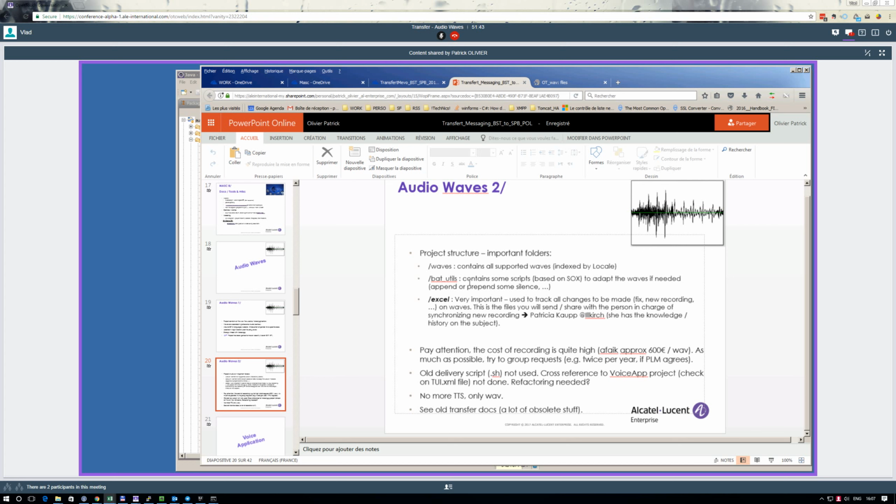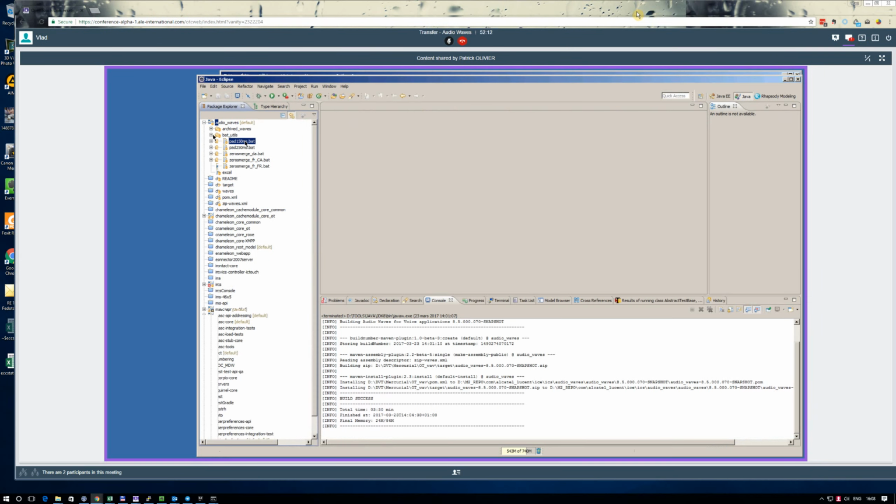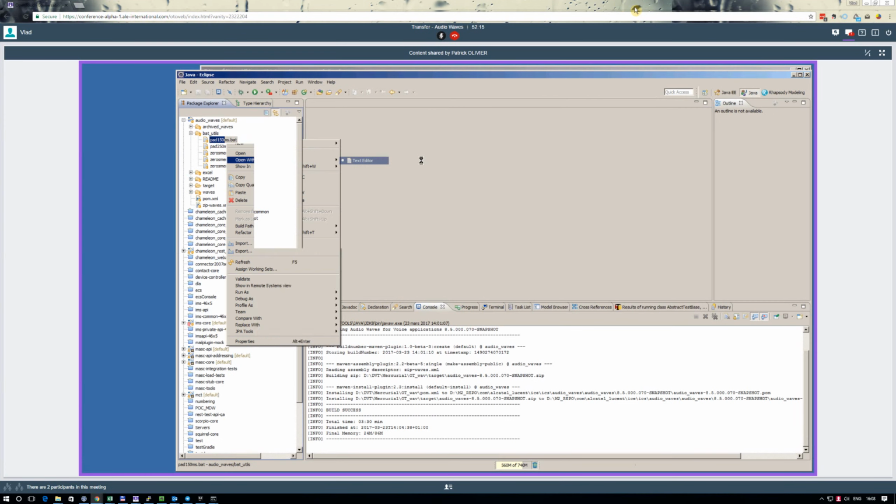There are some local-specific batches, but I've never played with that. Delete existing waves and set the padding value for the zero. All the files starting with zero get a bit of silence, I suppose after or before. I don't know.